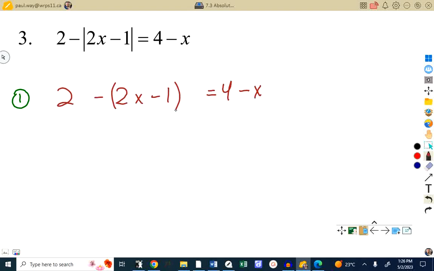And let's get used to this idea. You need to take that argument of the absolute value and solve this inequality. You need to do it every time. And that turns into x is greater than or equal to a half. I don't think that's any great mathematical feat, rearranging that. You're all with me on that? So that means it's this equation when x is greater than or equal to a half, which means, everybody, the second equation,